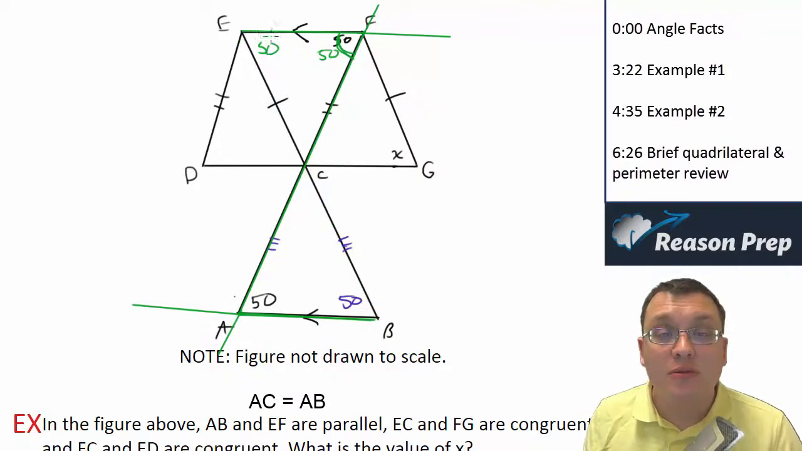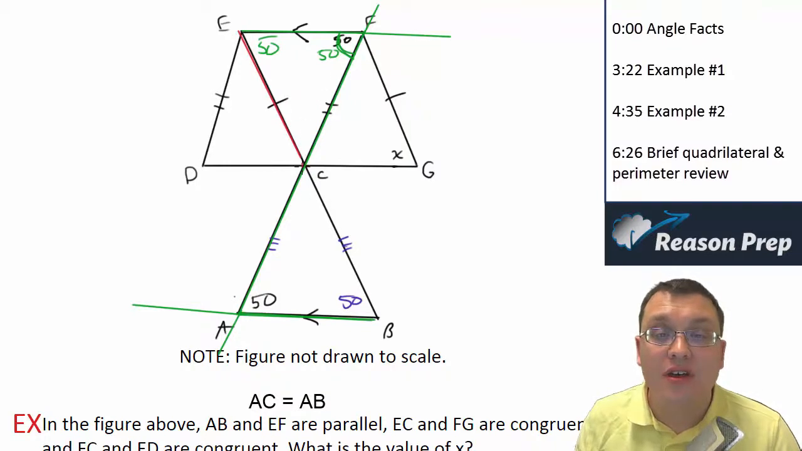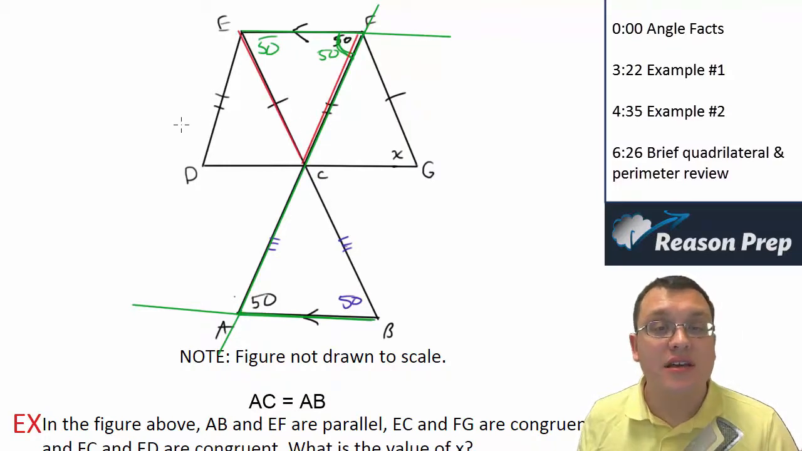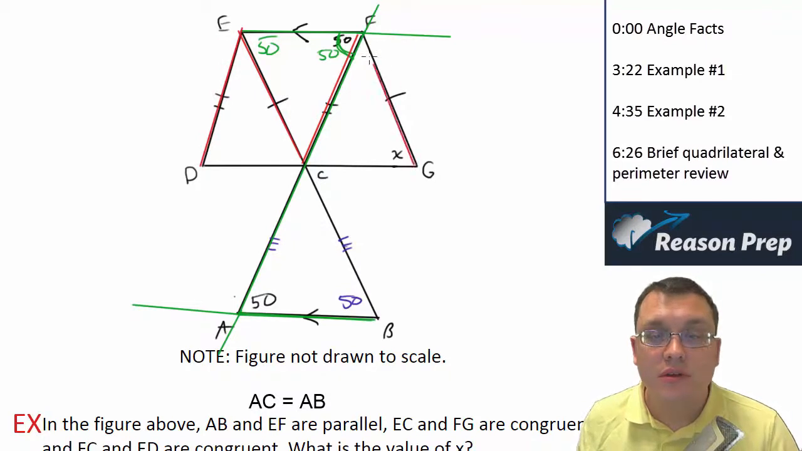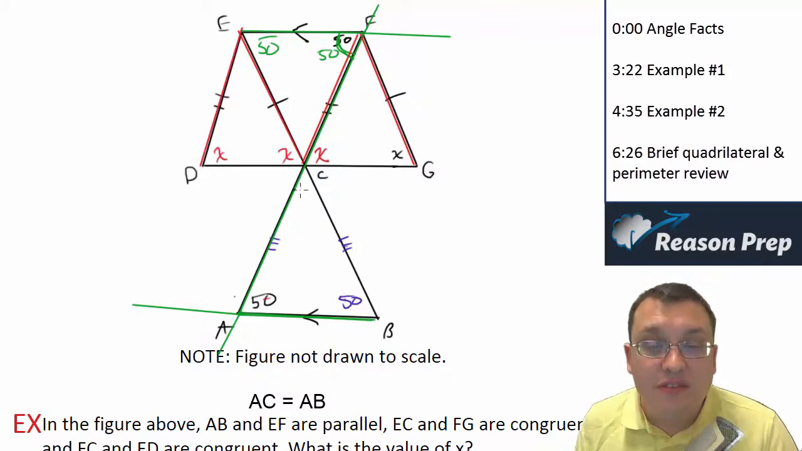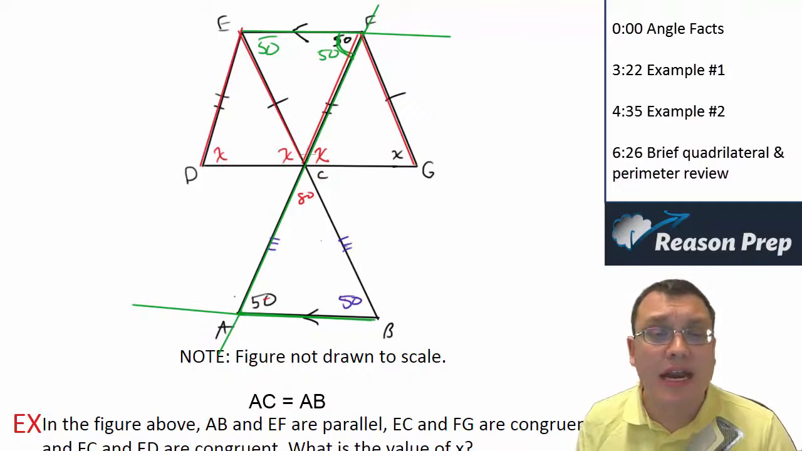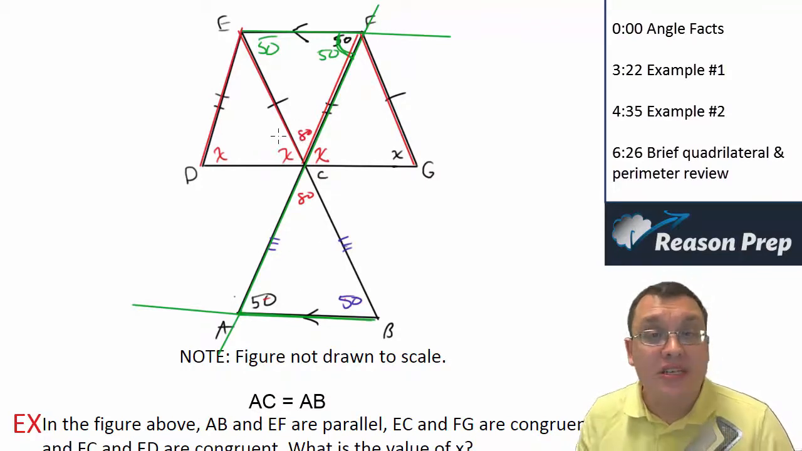So if this equals this, then actually these two sides must be equal because it's isosceles. If these are equal, then these are equal. So these two must be isosceles. So this equals x, and then this must be x, and this must be x. Okay. If this is 50 and this is 50, this must be 80 because they've got to add up to 180. This is 80 because that's got to be